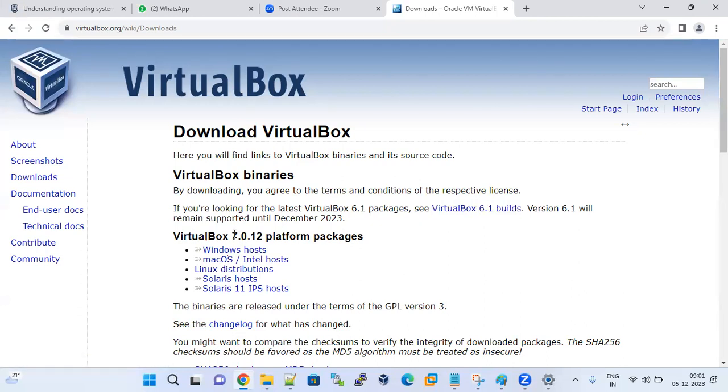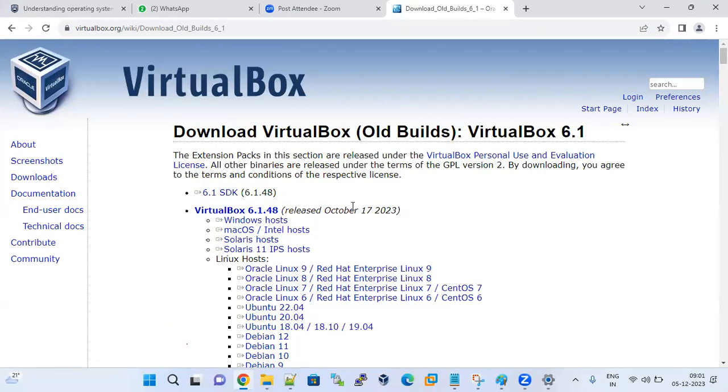Nowadays 7.0 is the latest version, but you can choose 6.1, that is better. Choose the Windows host, because I need to install this VirtualBox on top of Windows OS only. Click on Windows host. It starts to download.